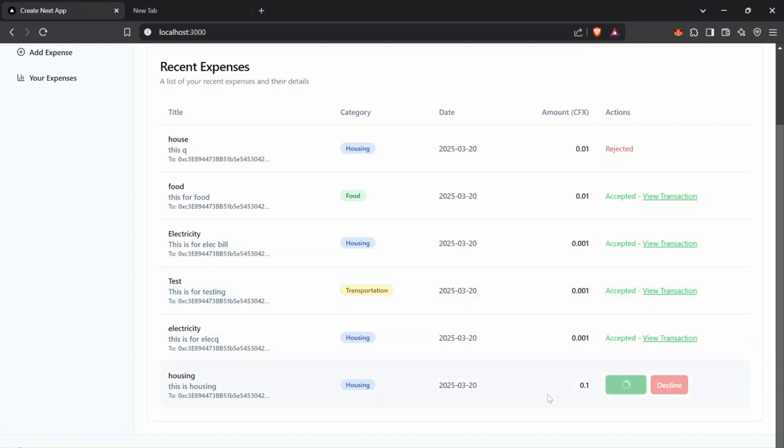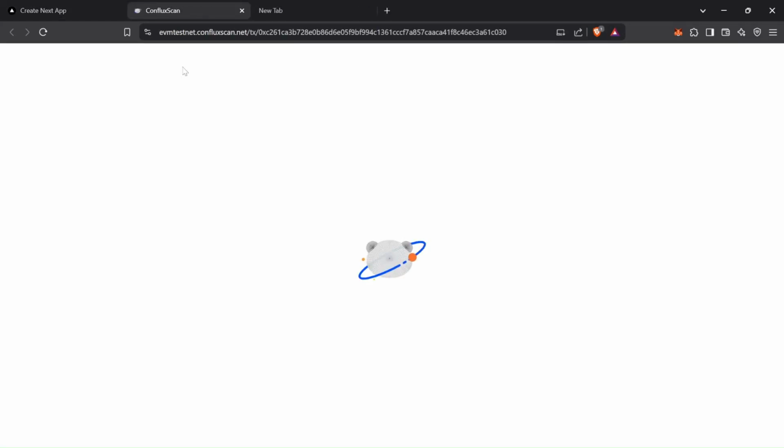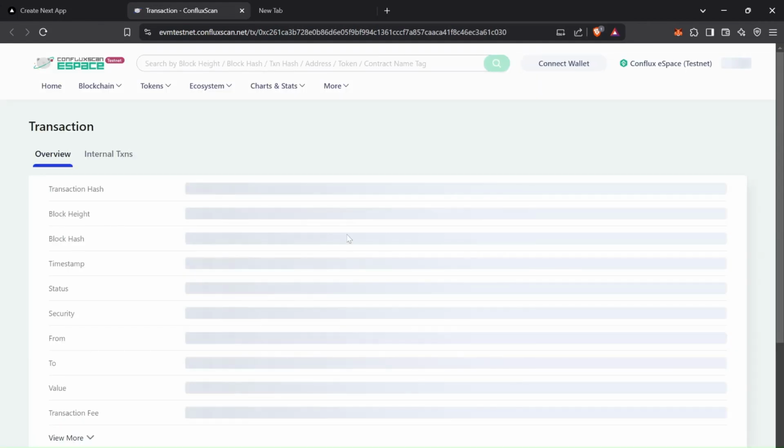I'll confirm the transaction, and once it is processed on-chain, the expense status updates to approved. Now, the 0.1 CFX will be distributed from the smart contract to the destination address. To verify this, I can check the transaction details on the Blockchain Explorer, which confirms that the amount has been